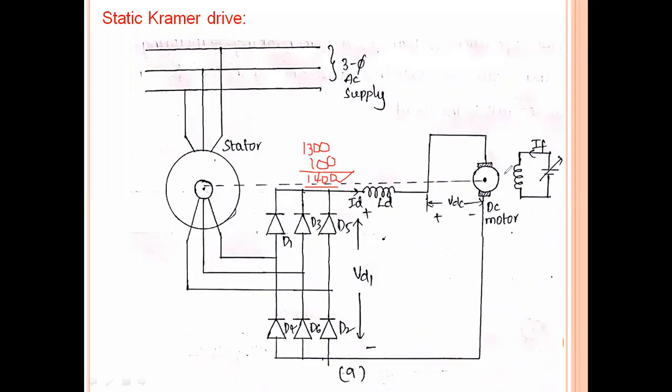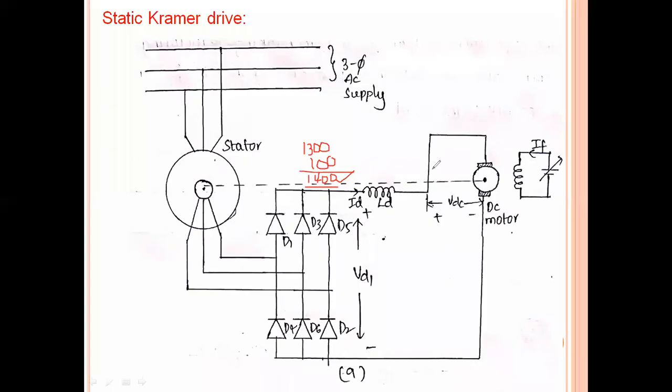It is given to this DC motor, and the DC motor is rotating based on the DC slip power, which boosts or increases the actual speed of the induction motor, because the DC motor shaft and induction motor shaft are both coupled here, simply like a prime mover concept.